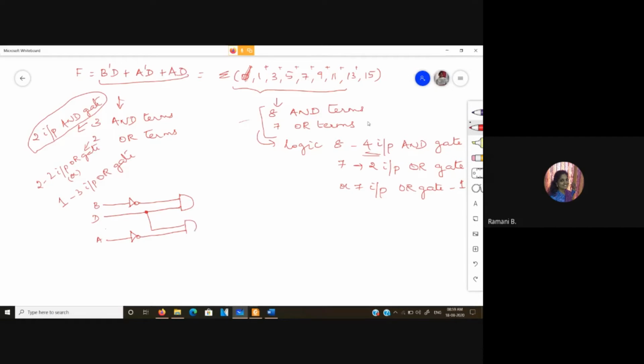So A bar D, and I have AD. So for A and for D, and if I am implementing this straight away using a 3-input OR gate, this is how the logic diagram will be. So that's what we have.